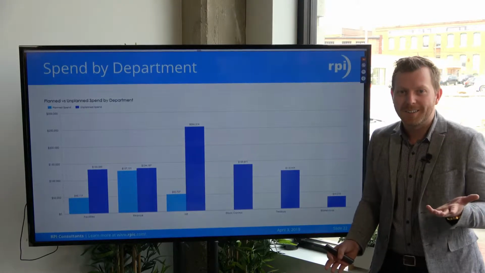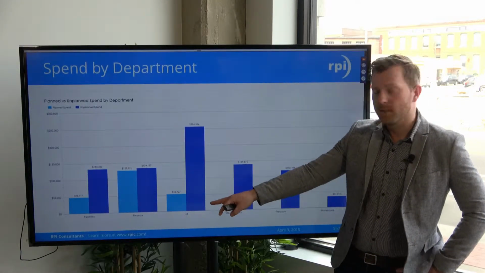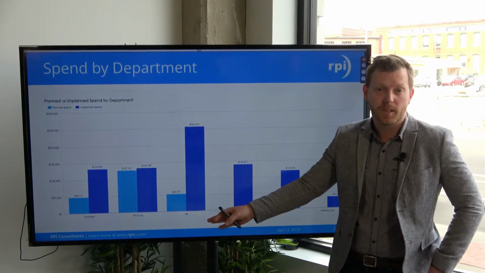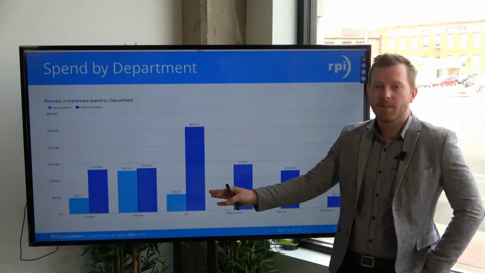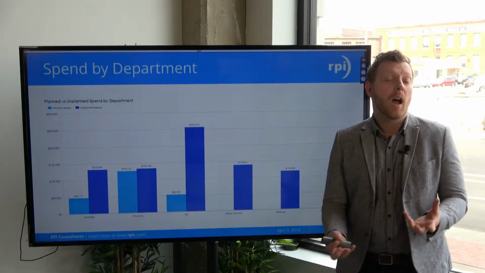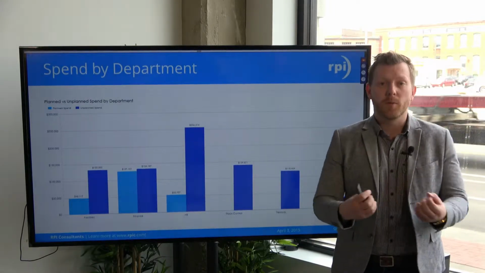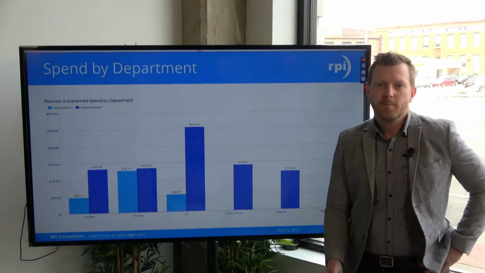But it's also an opportunity to identify areas of overage. For this HR example, maybe there are a lot of organizational changes and a lot of payouts are having to go out. It's a good opportunity to identify why that is happening and how we can control that spend, and work it forward so you can stay a little bit more on budget for your fiscal year.